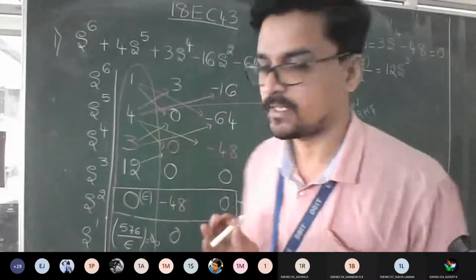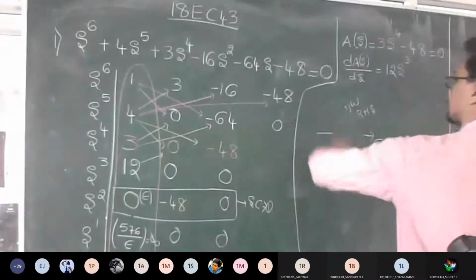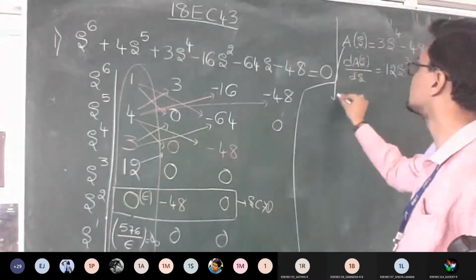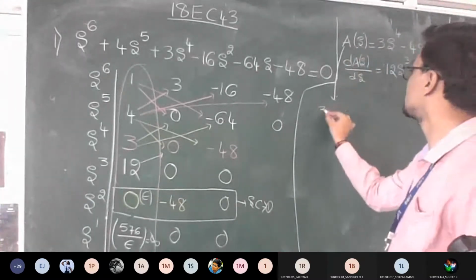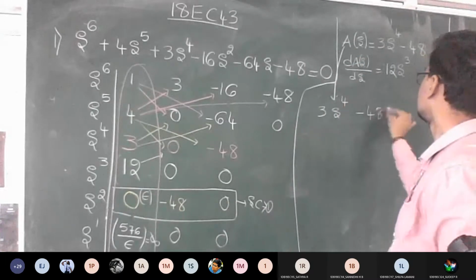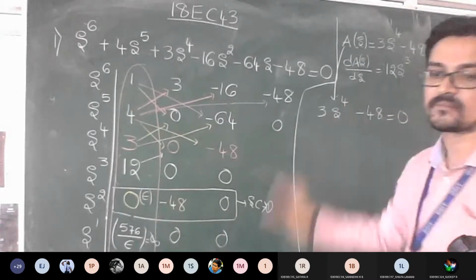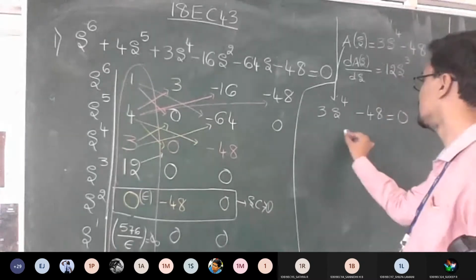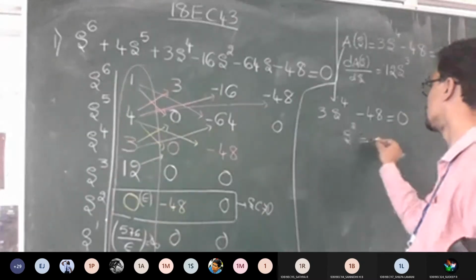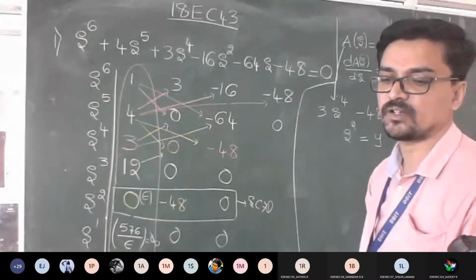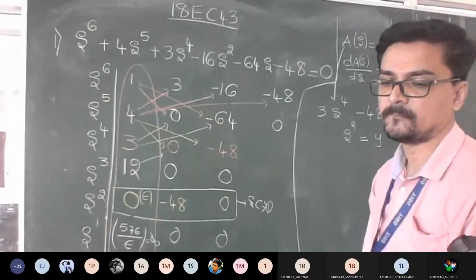Yes, sir. So now go ahead with your auxiliary equation. So let me consider this: auxiliary equation equal to zero. Try to convert this into quadratic form. So this is equal to zero. What is the thing we taught yesterday? We have to assume that s square is equal to y. Correct, guys? s square is equal to y.